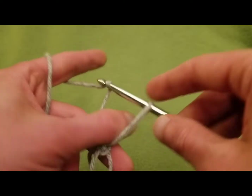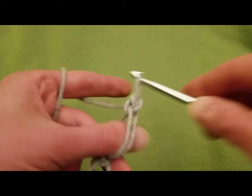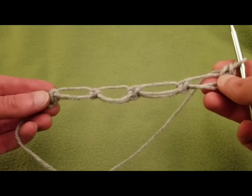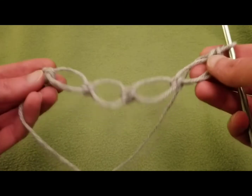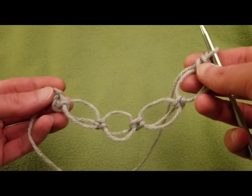And just one more. And bada bing, bada boom, we have our initial 4. All right, so we have 4, and that makes up a diamond, correct? Correct. All right, so then basically it's a matter of